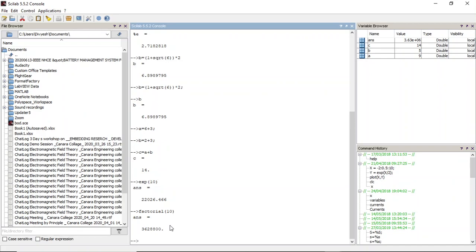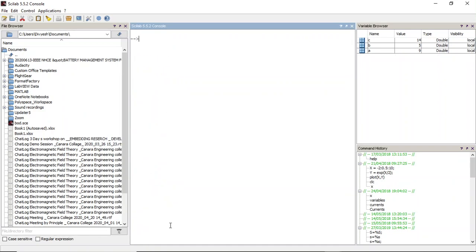We have just talked about clearing the screen, that is clearing the console, by using CLC. So every time you can use that. Just now I'm going to use it, CLC, enter. Console is cleared. And you can see in the variable browser, only the variables which I have defined stay back. All the variables assigned by Scilab by itself have vanished now. You have a command history here. If you want to check what commands we have used, you can use this. This is all fine.